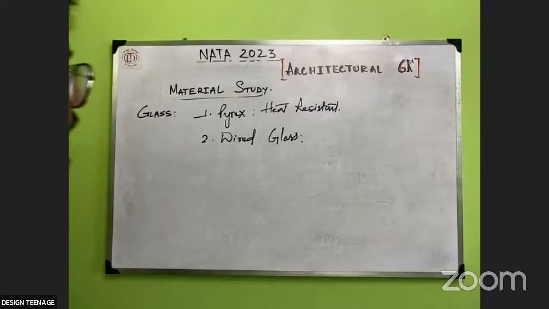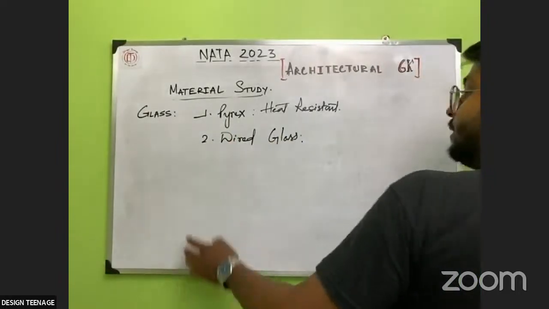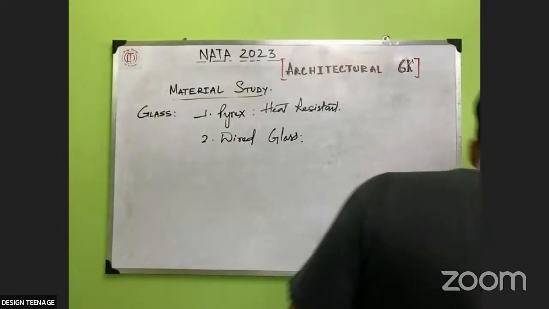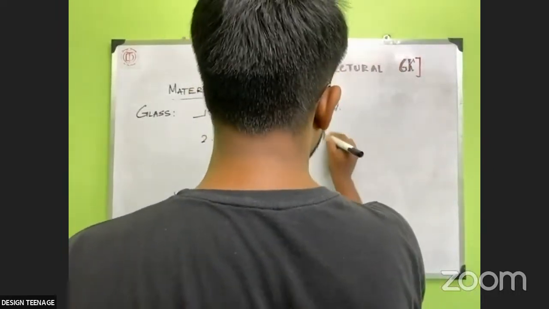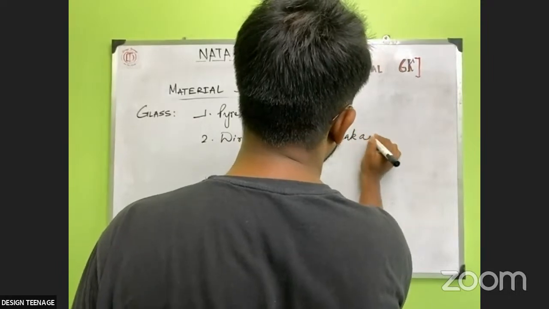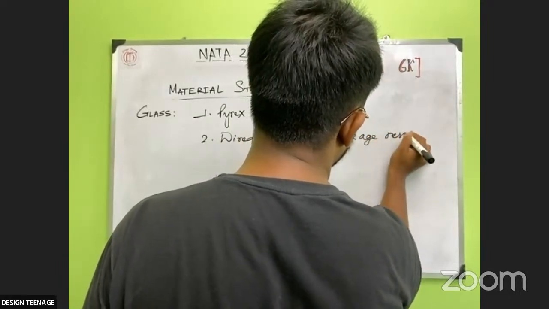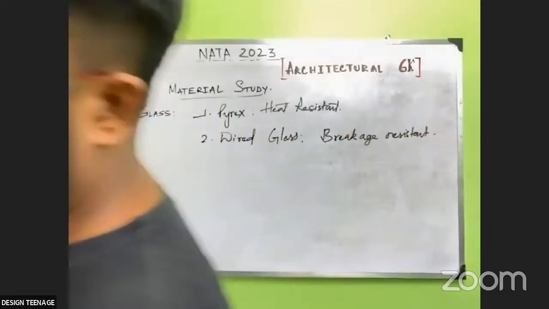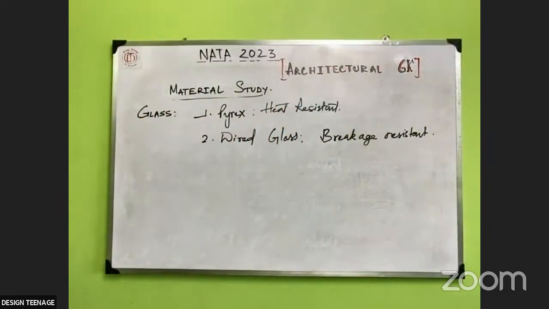So after Pyrex, we have the heat resistant glass. After Pyrex, we have the wet glass. In wet glass, it can withstand breakage impact. So this is breakage resistant glass. Now, followed by this, what we have is